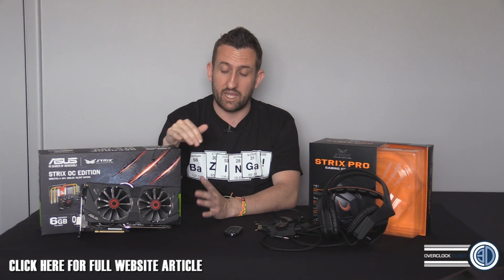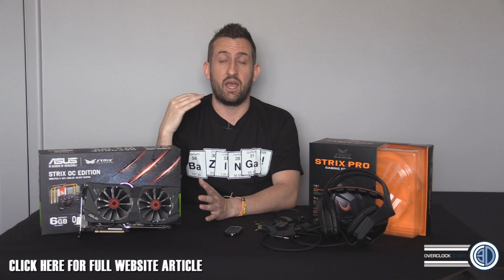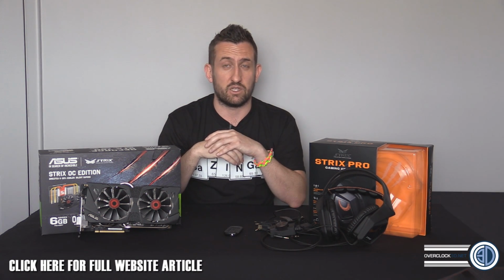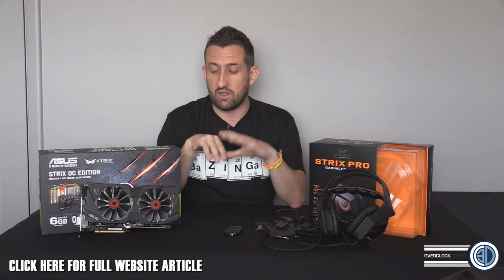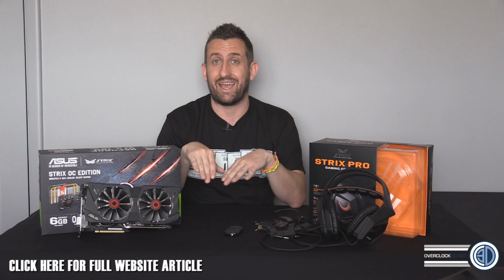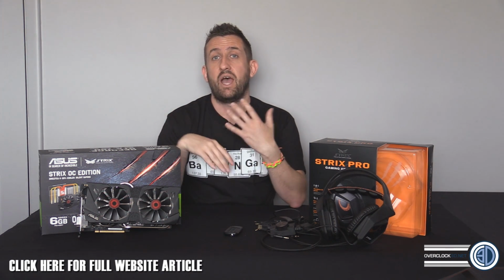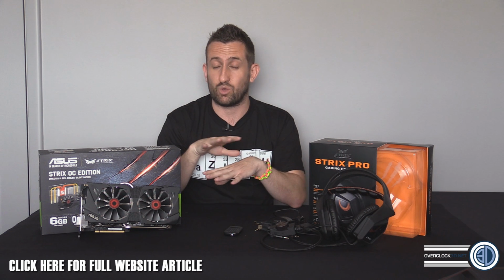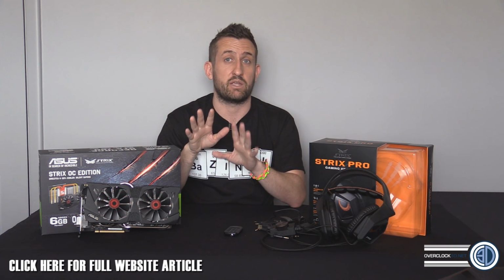The 6GB may sound excessive, but a lot of the game ports now, because of unified memory architecture with the consoles, are actually utilising video memory a lot more. So the extra video memory will definitely be a good thing. It's also going to help if you're running larger resolutions than 1920 by 1080. You can gobble video memory with